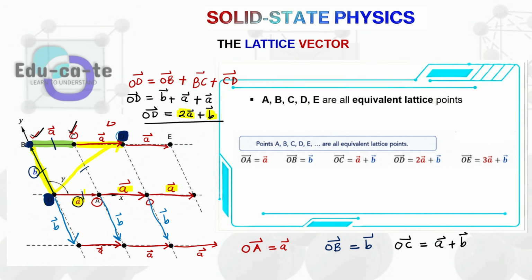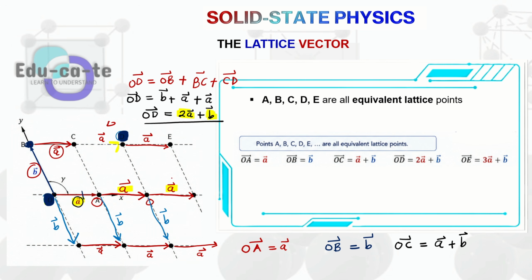All right. And for us to move from point O to point C, we had to have vector A plus vector B. If you look carefully here, this is what we had. Let me just wrap off here so that you can see clearly. Here, for us to move from point O to point C, we had to move a vector B, and after that we had to move another vector A. That's why we had A plus B, right?